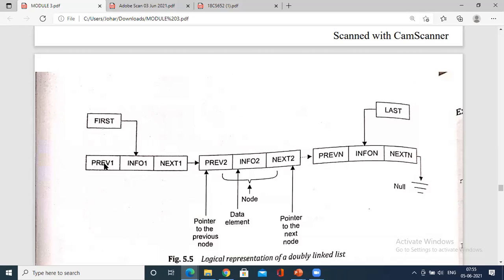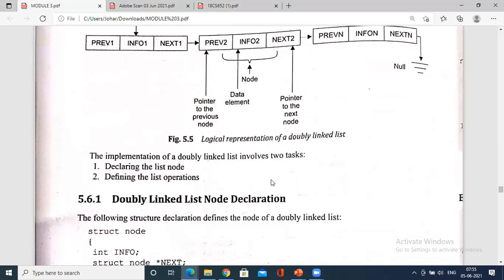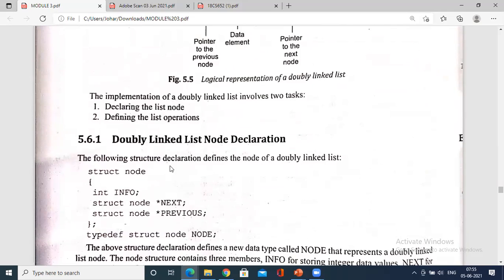Left hand side is the pointer to the previous node. As I have shown you in the example, you have to remember that. Now the implementation of a double linked list using list node and other operations we have to see. Now we have to see one by one: single linked list, circular linked list, and double linked list.